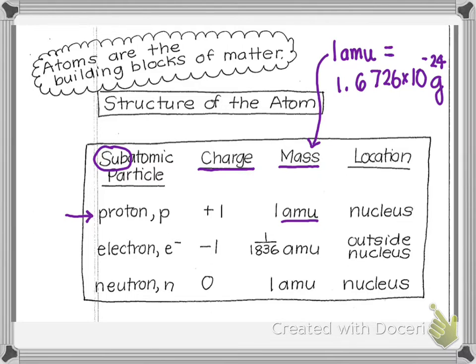If we were talking in grams, we would be working in negative exponents all the time. So instead, we have a unit that they use with these teeny tiny particles called the atomic mass unit, or U. Now, the proton has a +1 charge, an atomic mass of 1, and then it's located in the